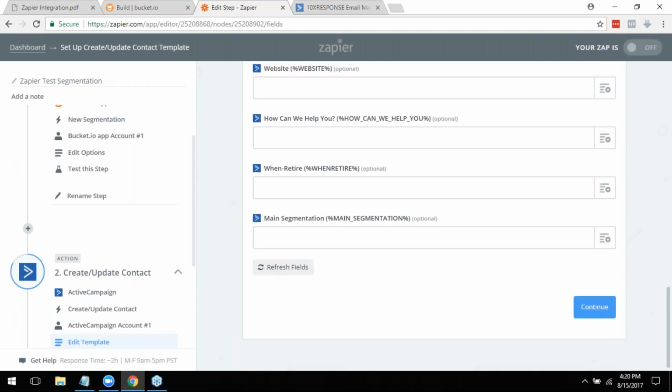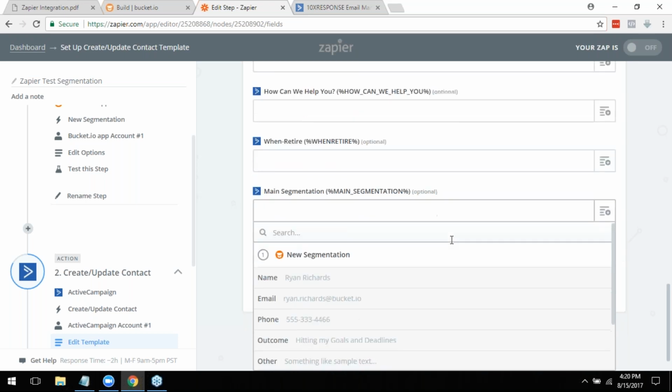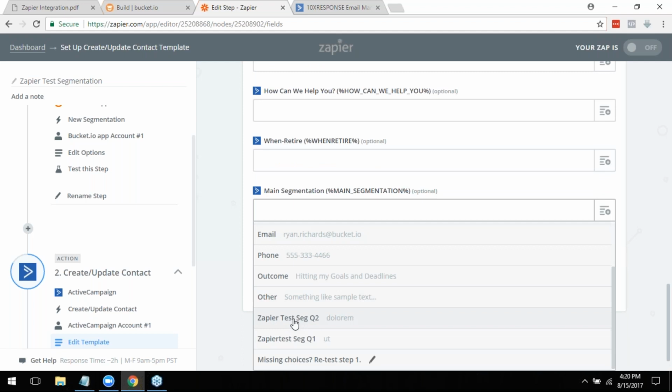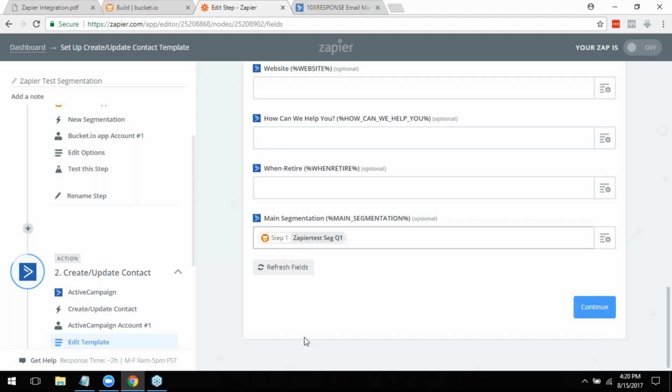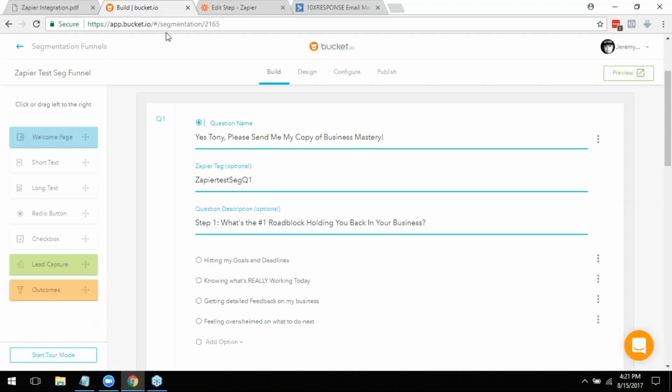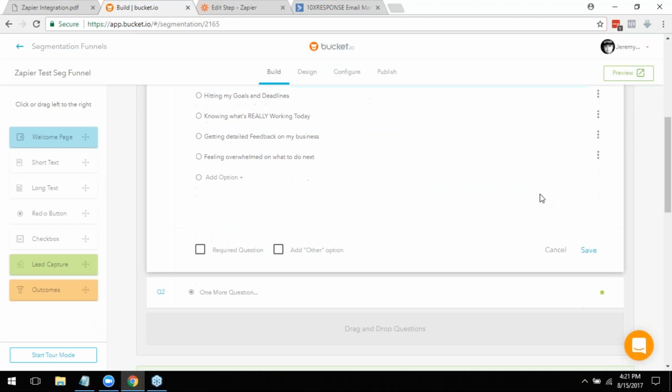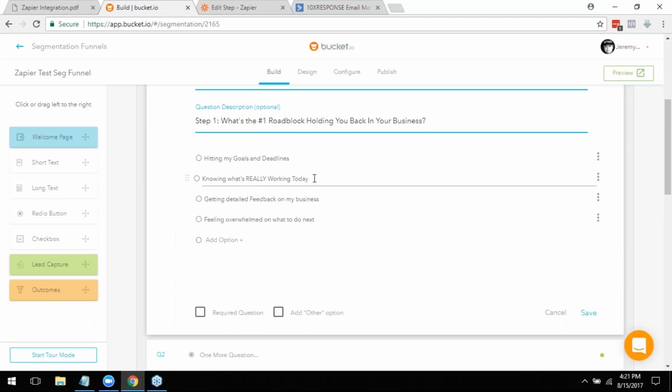Let's just call it main segmentation, right? So what I would do here is pull down Zapier test seg Q1, right? Because that was the main question. If you do, like in my case here, both of these questions are the same segmentation. So I would actually choose,